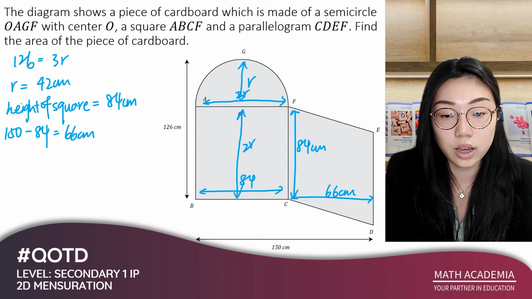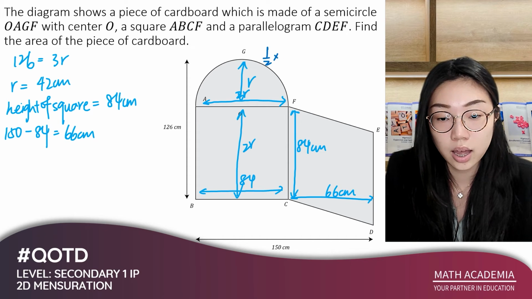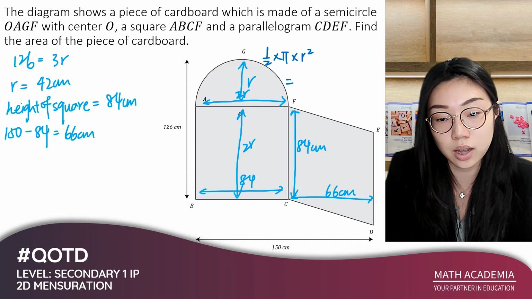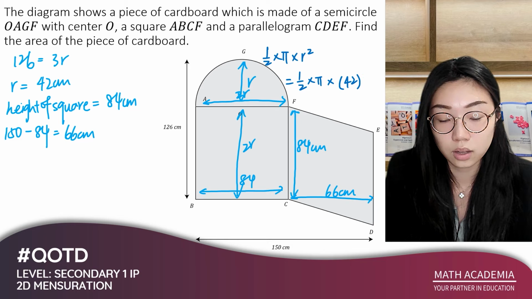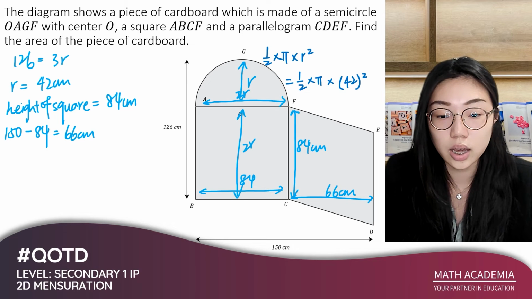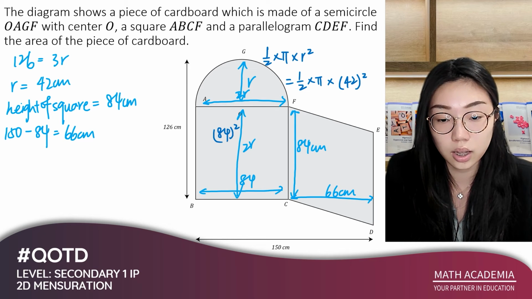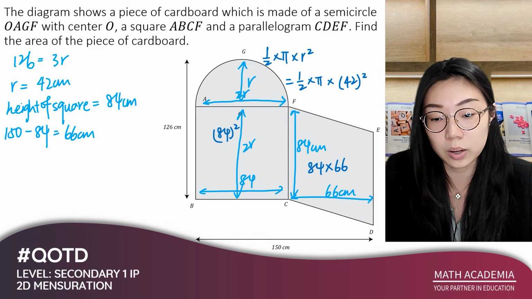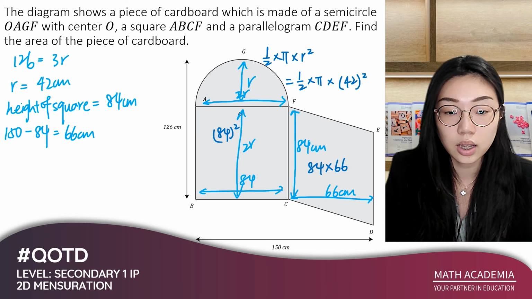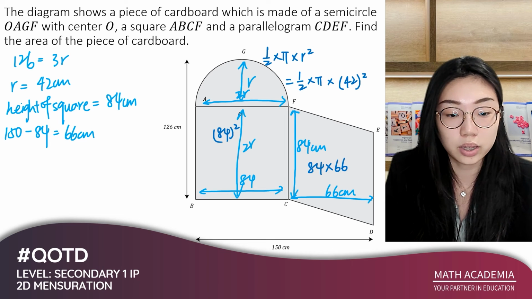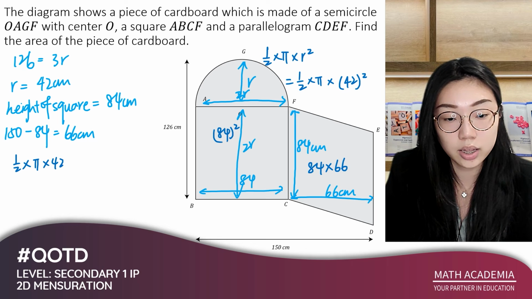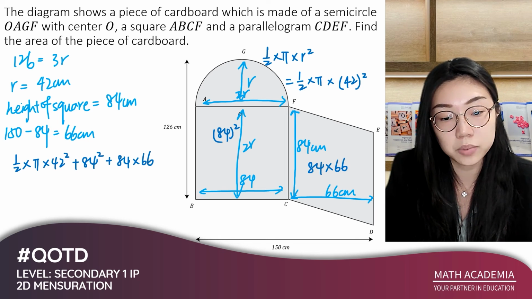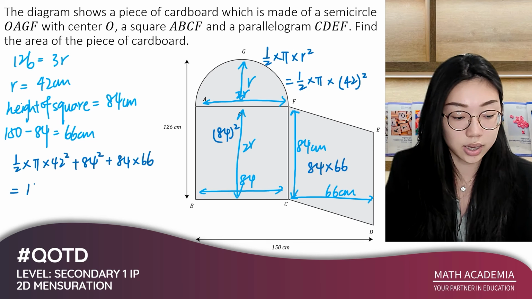The area of the semicircle will be given by half times pi times r squared, which is half times pi times 42 squared. The area of our square would be 84 squared, and the area of our parallelogram would be 84 multiplied by 66. So the area of the cardboard will be given by half times pi times 42 squared plus 84 squared plus 84 times 66, which gives us